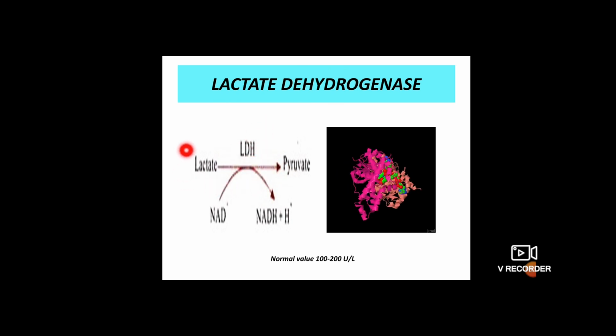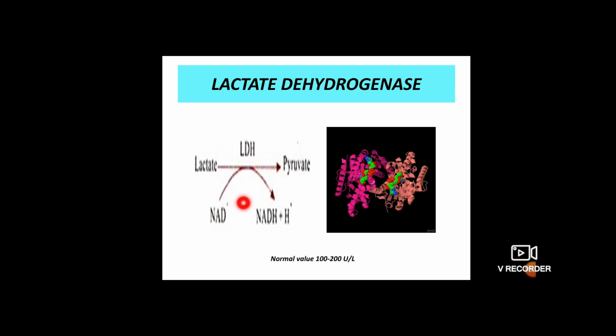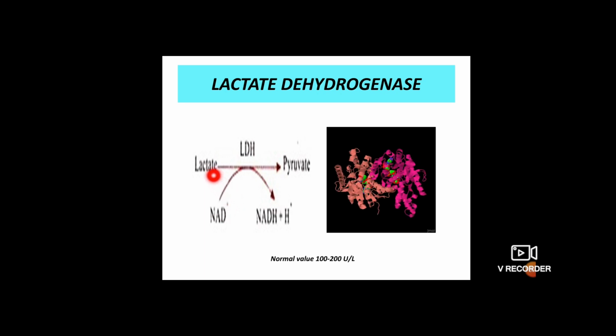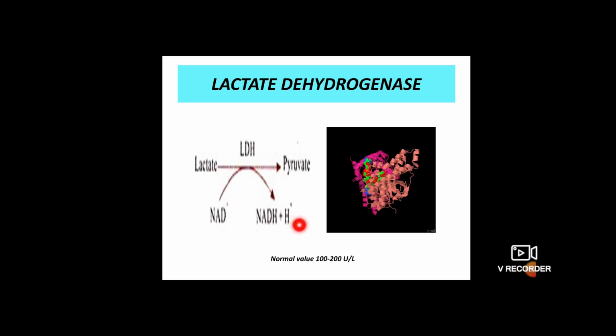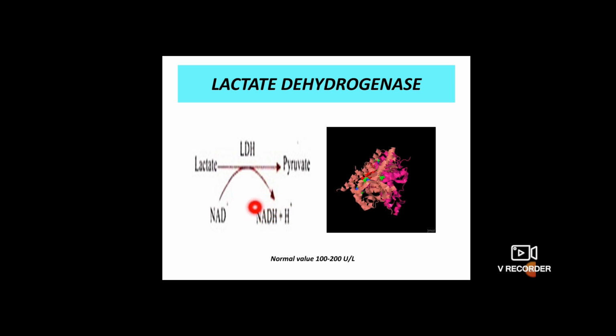I told you a hydrogen is removed. Now when hydrogen is removed, what happens? Something should be there to carry that. Here the coenzyme comes. See, NAD is in the oxidized form. So now from the lactate, H minus and H plus are removed. So it is called hydride. We don't call it hydrogen, we call it hydride. Hydride means it has 2 electrons and 1 proton. And see, one more proton is in free form. It will always be nearby the coenzyme, but it is not involved in the structure of NADH. So that's why it's called hydride.